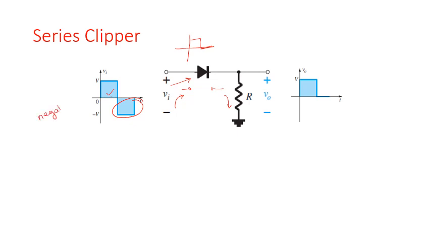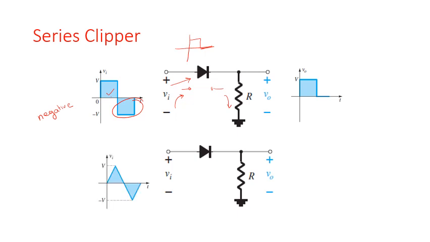Now if I have to take another example, same circuit, instead of taking a square waveform, I have taken a triangular waveform. You can pause the video over here and try to figure out which part of this waveform will get clipped. It will work exactly like the square waveform has worked. So the output looks something like this, where the positive half cycle, that is this part, is directly copied at the output end, and this negative half cycle is the cycle that goes away. So it is a negative clipper.